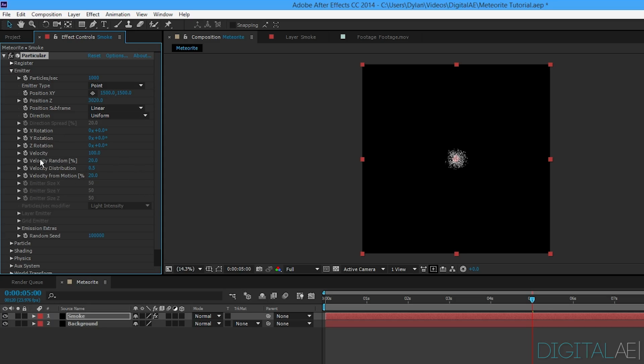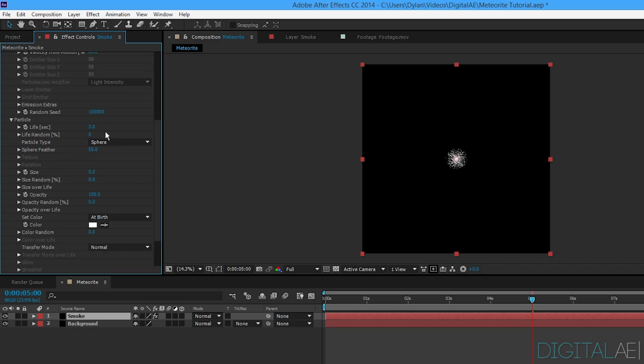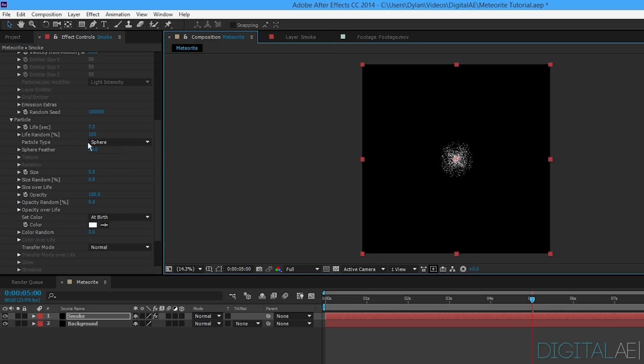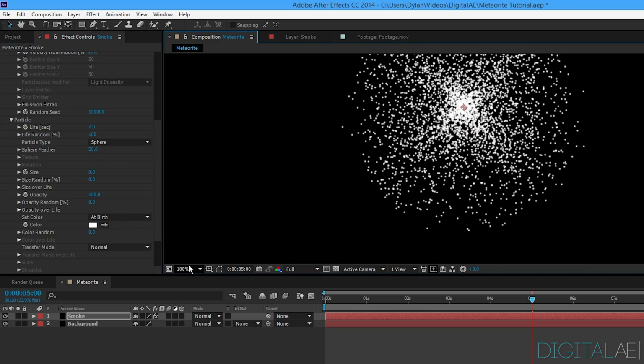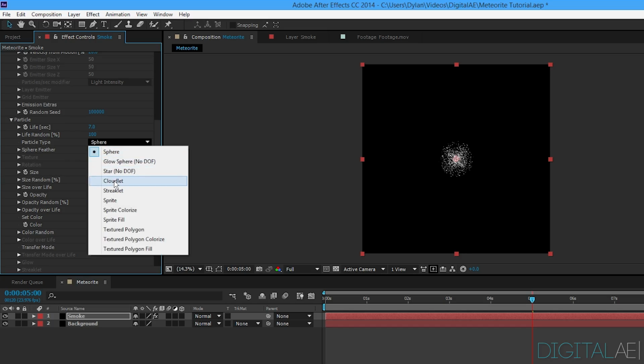We're also going to go down to the velocity random, and we're just going to set this to 0, because for now we don't need any randomization for the velocity. Now the next thing I'm going to do is come down to particle here, and change the particle life to 7 and the life random to 100, because we want to randomize the life of all these individual dots, because we don't want them all to be the same size and stuff. Then we're going to go up to the particle type, and we're going to select cloudlet,